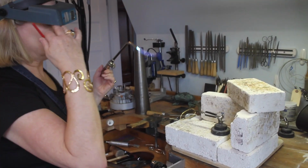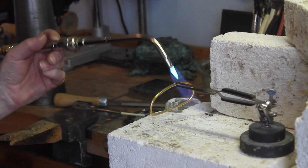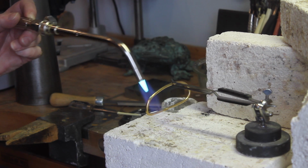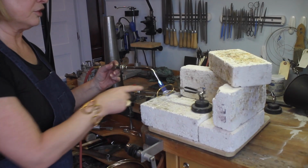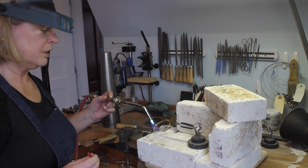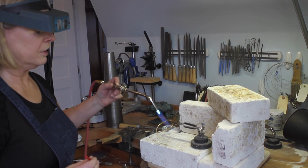and I'm going to take a soldering pick, and what I'm going to do is heat up the bracelet for a couple of minutes. The purpose of this is that the metal is a great conductor of heat, so when you're heating the whole piece, that will transfer the heat to the solder without really heating up the solder too much. You don't want to heat up the solder too much because it will ball up or it won't flow properly. So you want to heat the whole piece